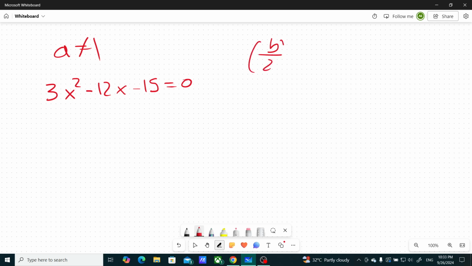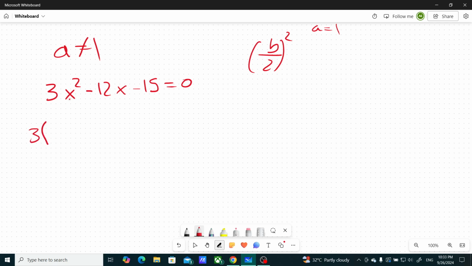Up until now, I've been talking about the case where a is equal to 1. What about the cases where a is not equal to 1? I will take an example such as this one, which is 3x squared minus 12x minus 15 equals 0. Solving is very similar. I will just need to do some more steps. So my first step, in order to use b over 2 squared, I need my a to equal 1. So I will take a 3 out